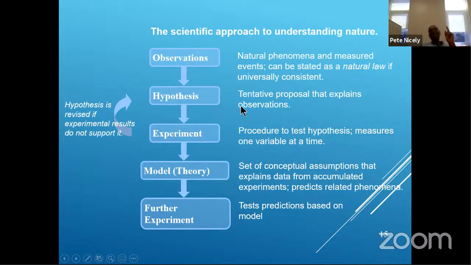Remember, the hypothesis is a tentative explanation of what you observed in the first step. The theory is an explanation that is backed by the weight of the data through repeated experimentation, all right? Okay, so once we achieve the theory, that does not necessarily mean that that would be the end of the story, because the theory itself can be subjected to further experimentation, further testing to see if it can stand up